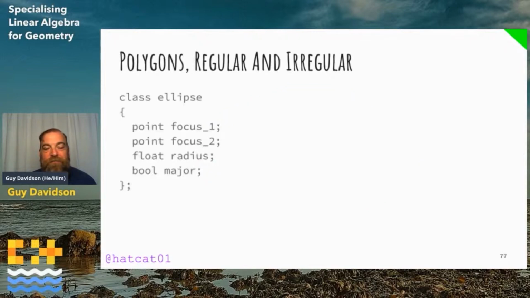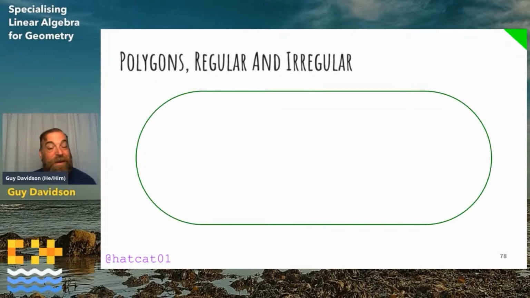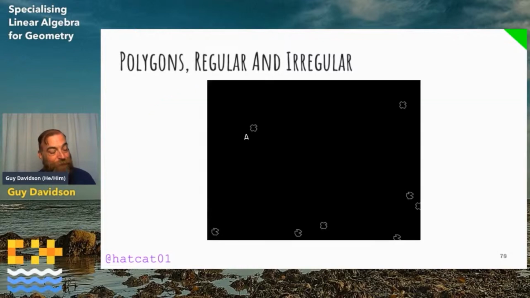But again, regular polygons are not enough. Regular curved objects are not enough either. Anyone heard of a stadium? Looks like this. And I have a direct use case for you. Has anyone played Asteroids? Right, I'm going to have to look away for a moment. Asteroids looks like this.